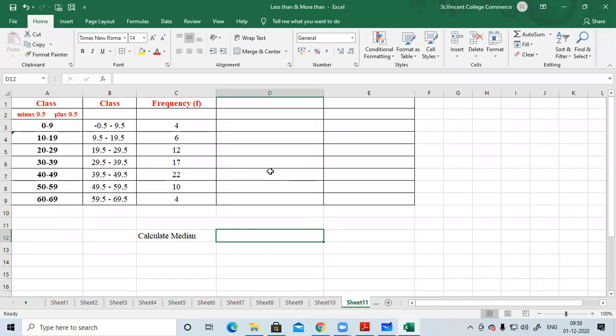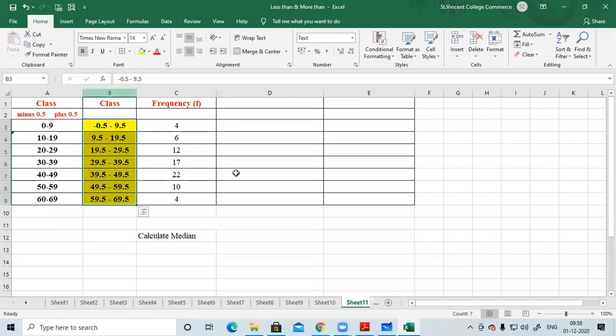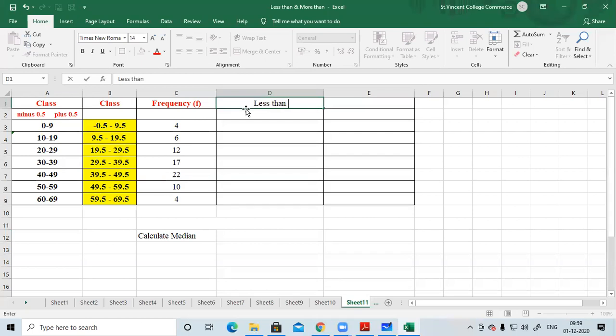Now, understand one more important thing: we don't require all this data which is given here in this column, because we only require the median class to be converted. If you are able to convert only the median class, that will save a lot of time. I will also tell you how. The most important thing when you're doing median is you have to identify the cumulative frequency, the less than cumulative frequency. So less than CF, we start from the top.